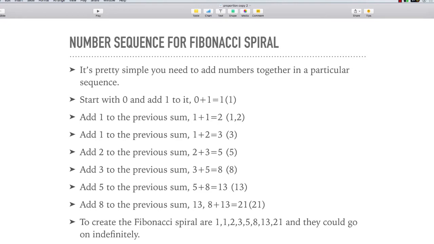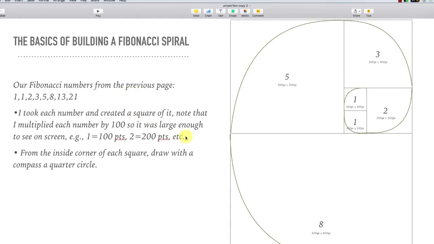All right, so now that we have the Fibonacci spiral numbers, to create the spiral itself, we have to start off with squares. In the examples that I showed before, they were kind of small, but you should have seen squares in the first two, those first two ones. Remember in this sequence, 1, 1? So we have 1 and 1. The only way I could get this to look correct was by multiplying everything times 100, but you technically wouldn't have to do that if you were working on a different scale. So we have a 1 by 1 square here, a 1 by 1 square here,